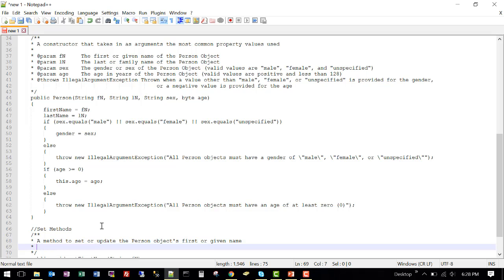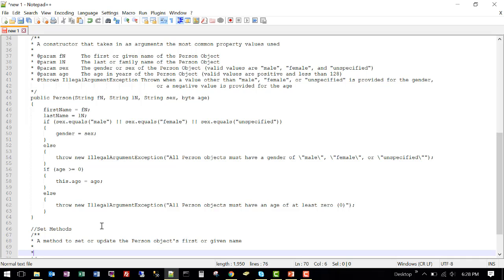And I'll put a little space in there before the @param fn, the first or given name of the